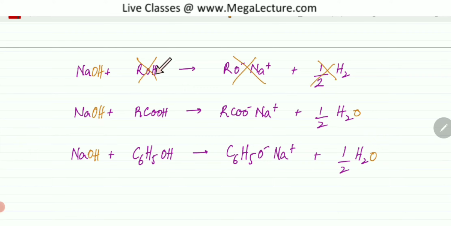Remember, alcohols are terribly weak acids and they don't react with bases. They only react with very reactive group 1 metals. Carboxylic acid is definitely going to react with NaOH and it will produce a salt and a water molecule, and we can get rid of the balancing as well. And the same is true for phenols, OHs that are attached to benzene rings. They also are slightly more acidic and they react with NaOH bases to produce a salt and a water molecule. So these two are going to react, carboxylic acid and phenols. Alcohols, normal alcohols, are not going to take part in the reaction.